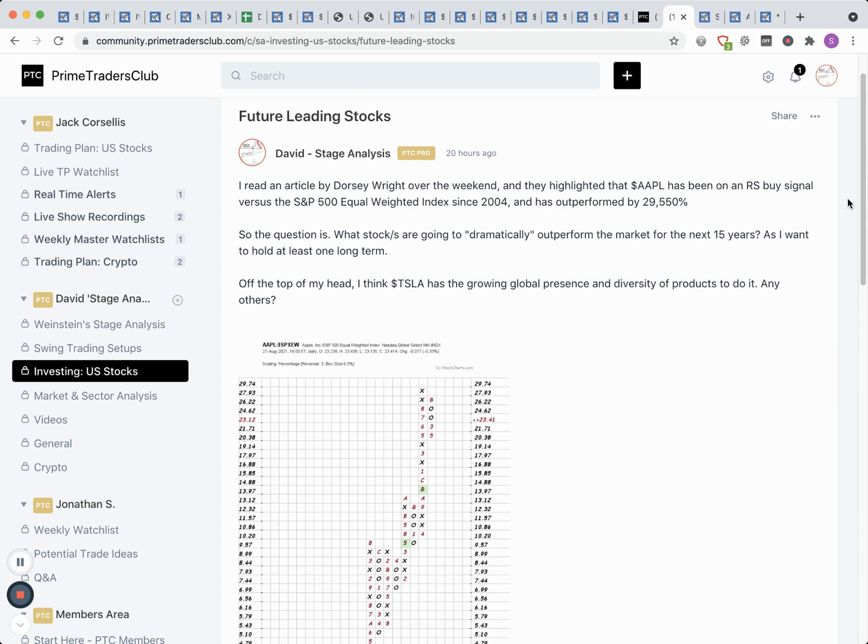So again, my question is, what do we think is going to outperform for the next 15 years, and dramatically outperform the S&P 500 that you could hold in your pension account for that long? We've got quite a few suggestions on Twitter, etc. I think Tesla was the one I put out there, because